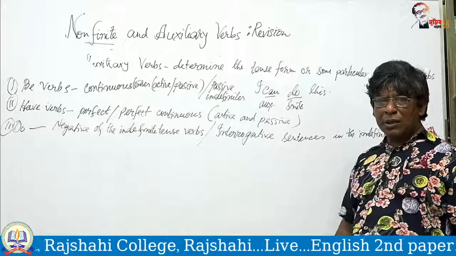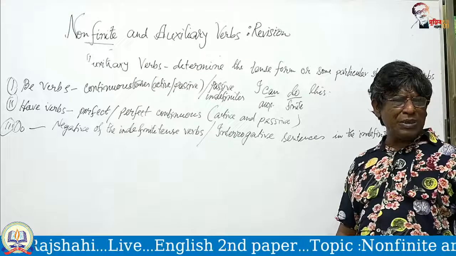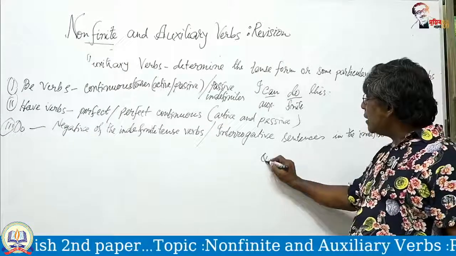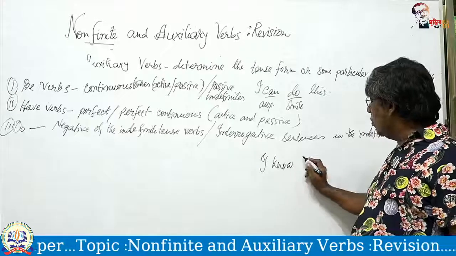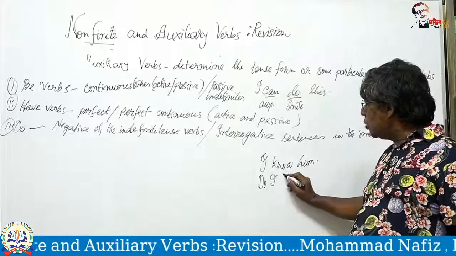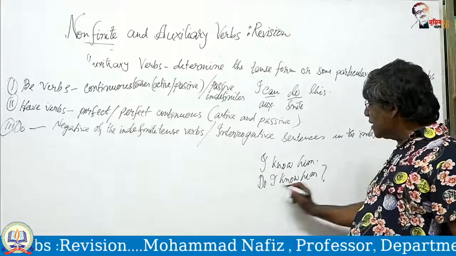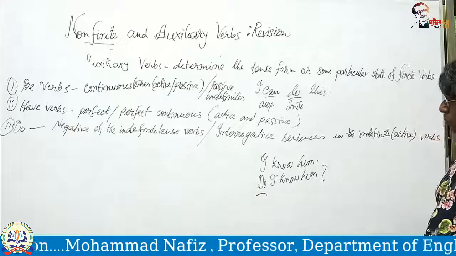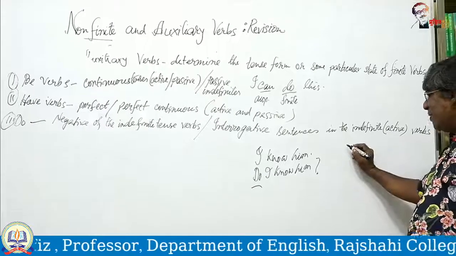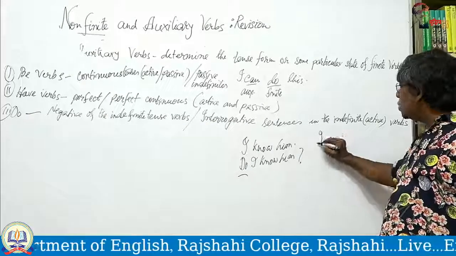For example, in active voice we say I do this. In interrogative sentence we say do I do this? Sorry, let me give another example. I know him. In the interrogative sentence, do I know him? This do is the auxiliary verb. So, auxiliary do is used to present an indefinite verb, a past indefinite or a present indefinite verb in the negative form. I do not go,